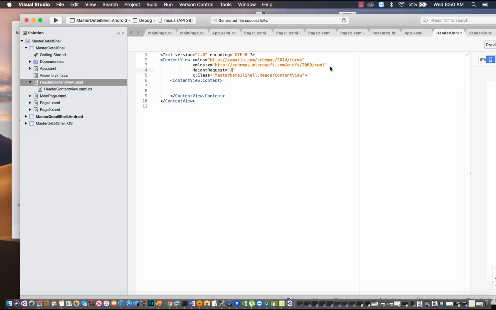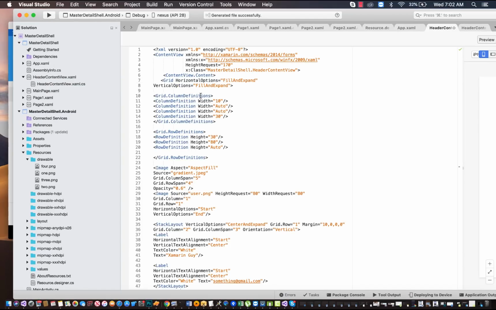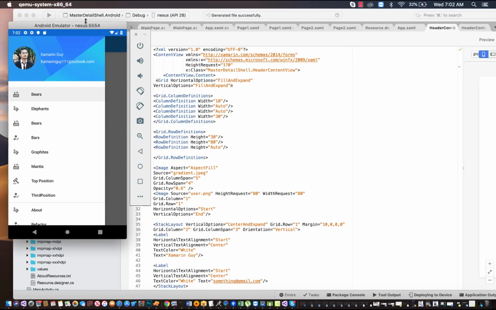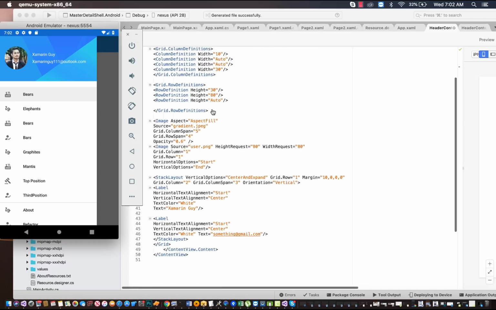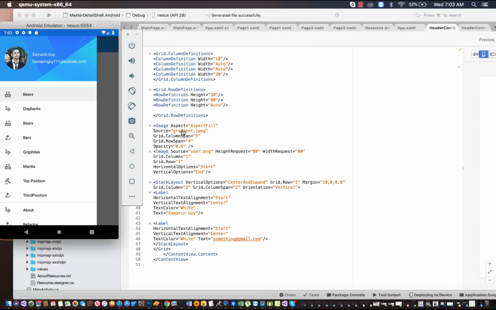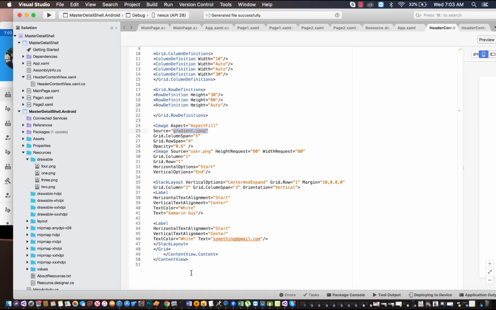Let's give our content view a specific height of 170. I don't want to make this tutorial long, so I'm going to copy and paste this small set of code that has 4 columns, that is 10 from left, 10, auto and 30, and rows are 30, 80 and auto. That's all. Now at first we are going to set the background image as a gradient. So